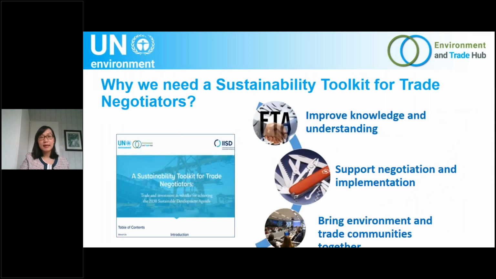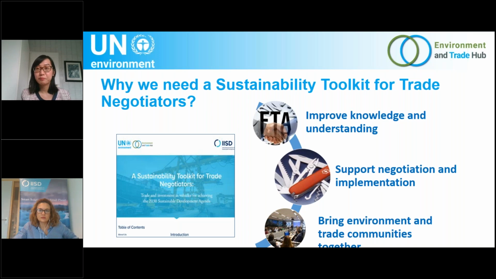But why exactly do we need a sustainability toolkit for trade negotiations? Three things came to our mind when we first came up with this idea. The first one is to improve knowledge and understanding. I will just give you one example. Last year, we organized a workshop in Mongolia on trade agreements and environment. At that time, Mongolia had only one regional trade agreement. That one does